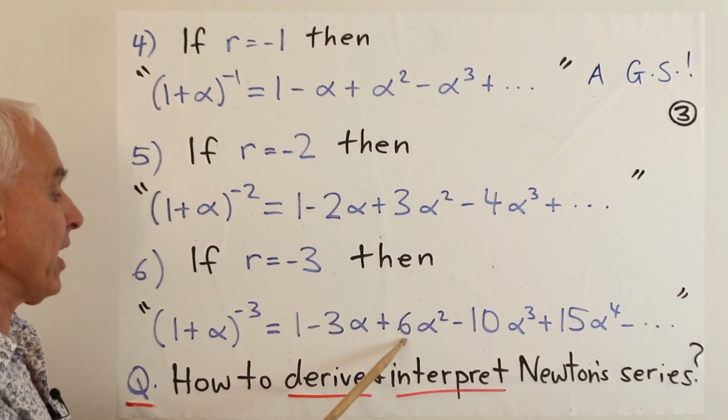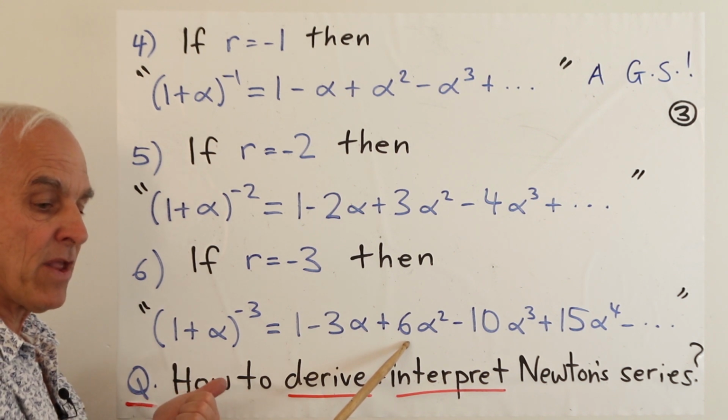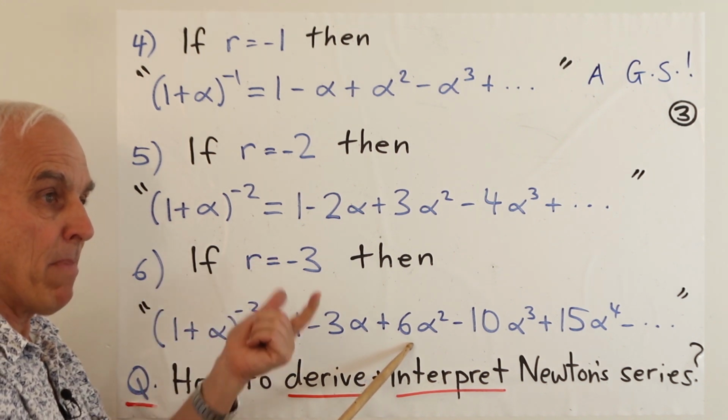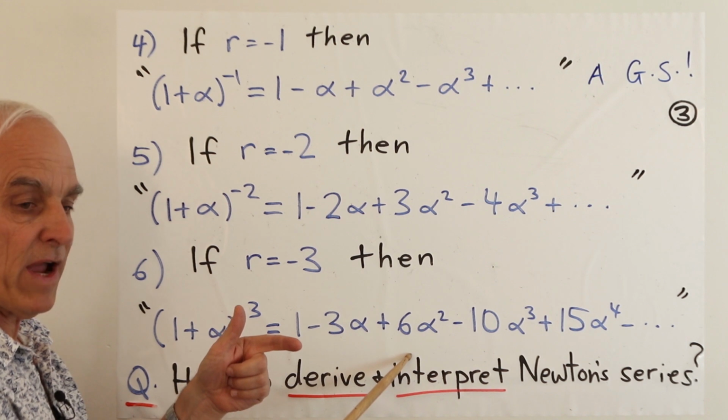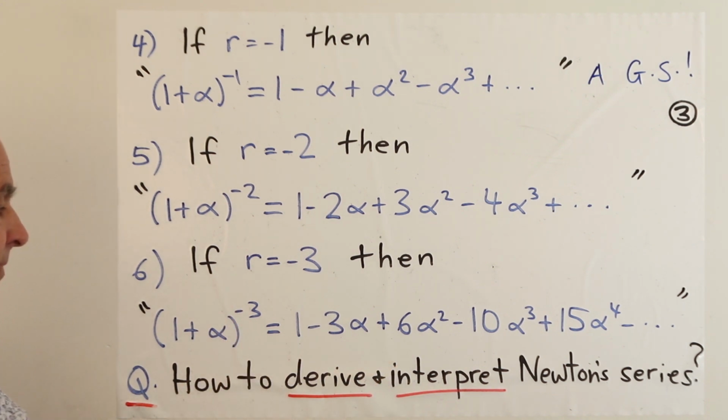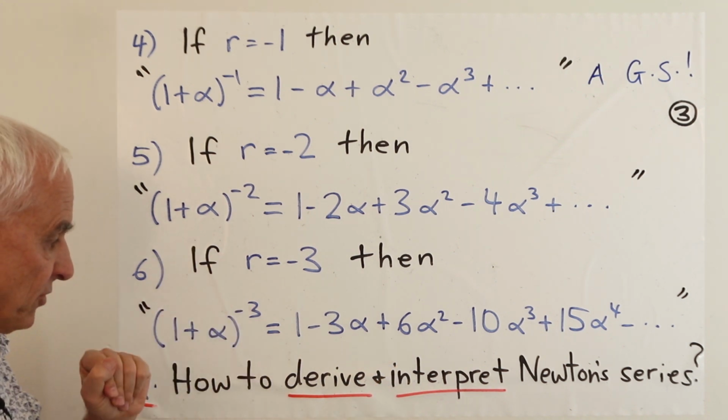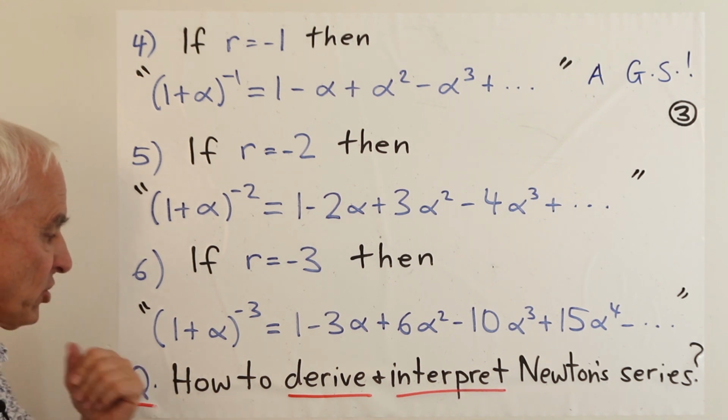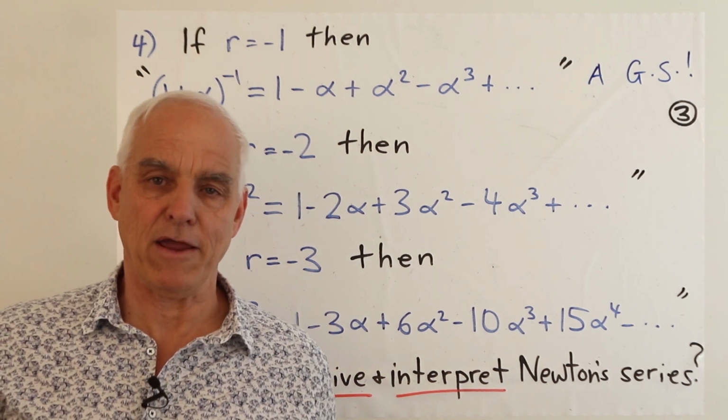So for example, this thing here would be -3 times -4 divided by 2 factorial. That's where you get the 6. Okay, so these are interesting special cases, but a major question is how do we derive Newton's series,